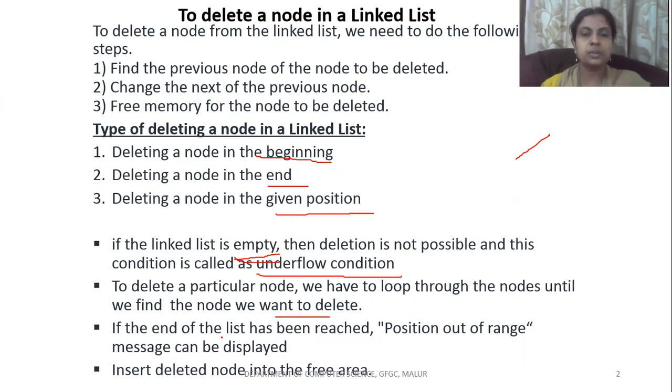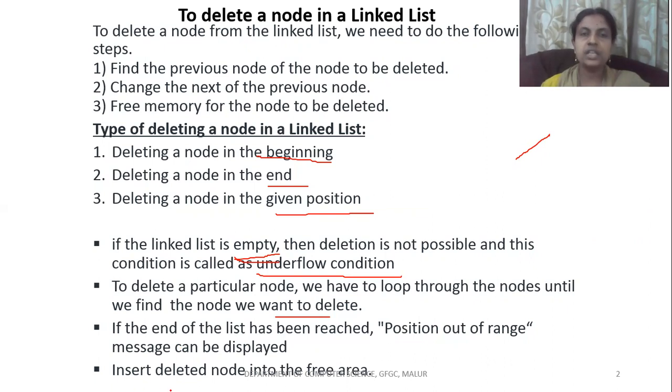And third point, in case you want to delete a node and you keep on searching one by one and you have reached the end, how will we know the linked list has ended? The address part of the last node will be null. So if you reach the null part and could not find the value which you want to delete, then it will be like position out of range, and a message can be displayed.